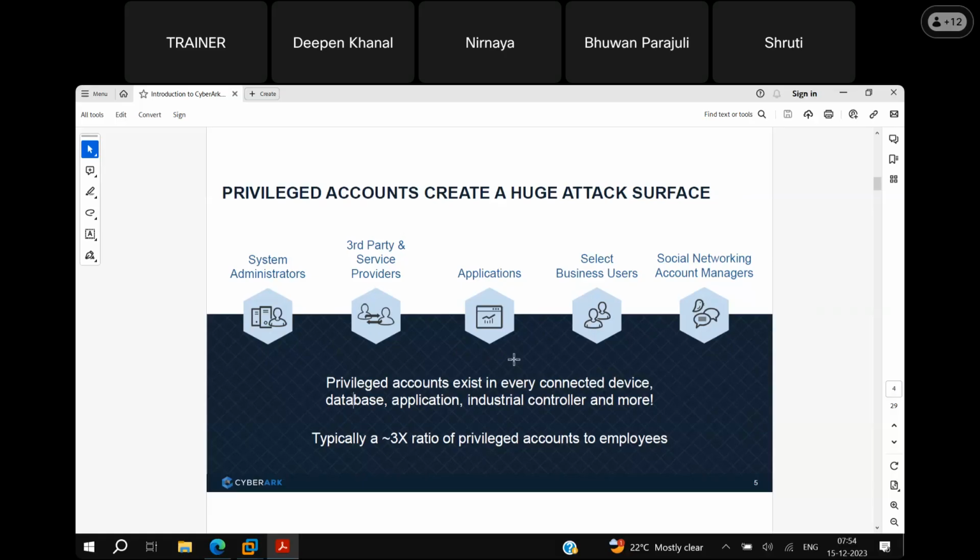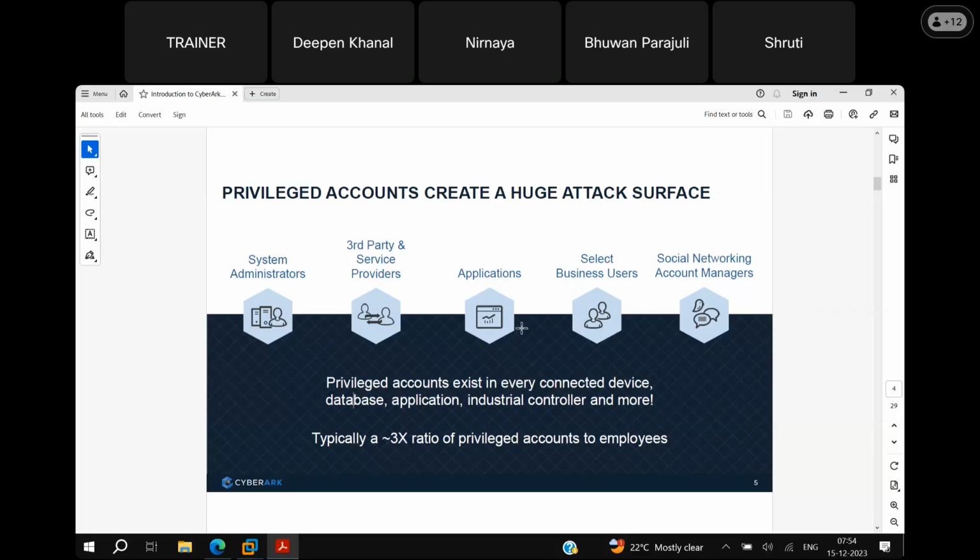In order to access these applications, whether they are telecom applications or whatever they may be, we need a user account and password. Those accounts are also called privileged accounts, where we are accessing that particular application. So privileged accounts exist everywhere.